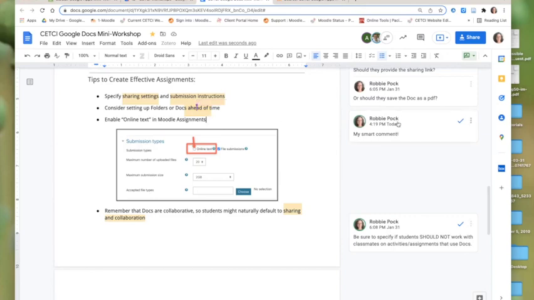So it's very handy. You click on the one in the margin there. Very natural way to make comments. You might consider setting up, as if you're thinking about using these for assignments, some faculty have found it useful to